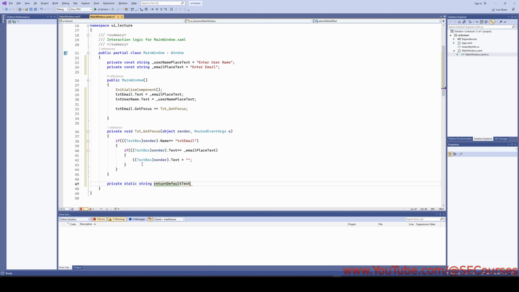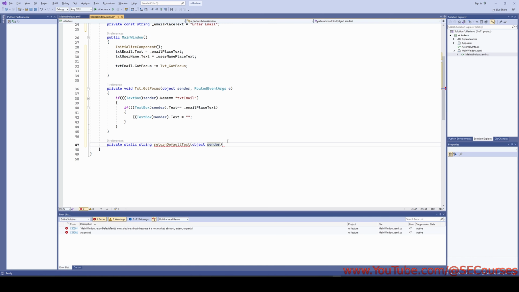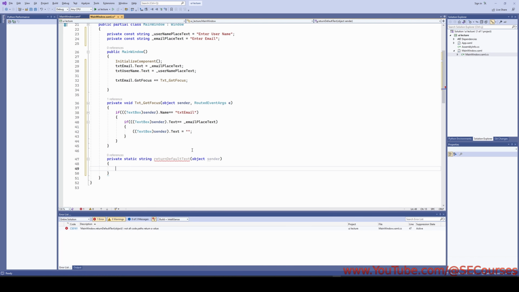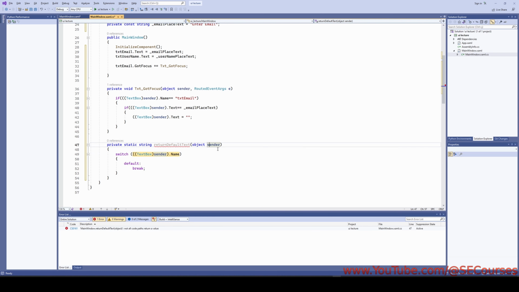Such as ReturnDefaultText. This will get the object sender. In here I will do a switch and case and will return the default text, based on the name of the sender, which is a text box for this one. What cases do we have? We have case txtEmail like this, and in this case we need to return